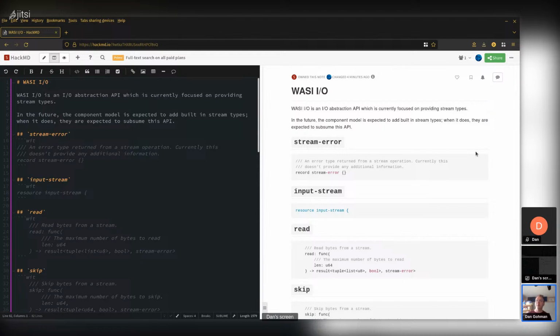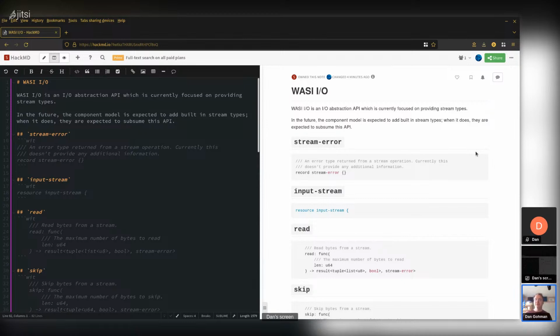We're going to focus on synchronous I/O for now, with the idea that in the future, the component model will add async and we'll add fully async streams, and we'll be able to convert everything from these streams to the built-in streams in the future. That's the background of what this is. So we're bringing back WASI.io and bringing back I/O streams.